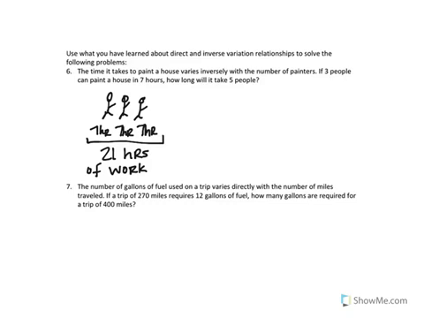Now we want to figure out how long it's going to take 5 people. So I want to add 2 more into this. Well, if I do that, then I don't need these first 3 to work a full 7 hours, because really I can have the job done in a total of 21 hours. So what I can think about here is that 21 is my constant of variation. That is the number that I need. And if I divide that by my number of workers, I should get how many hours it takes them. So 21 divided by 5